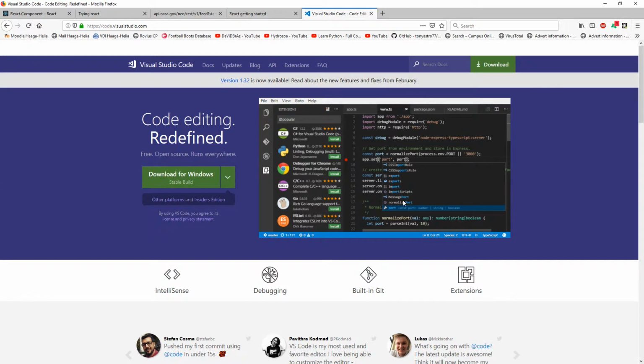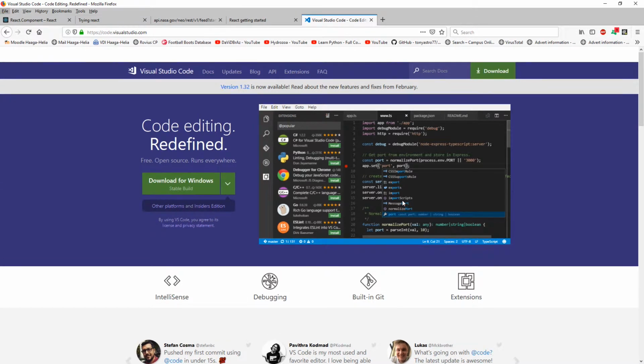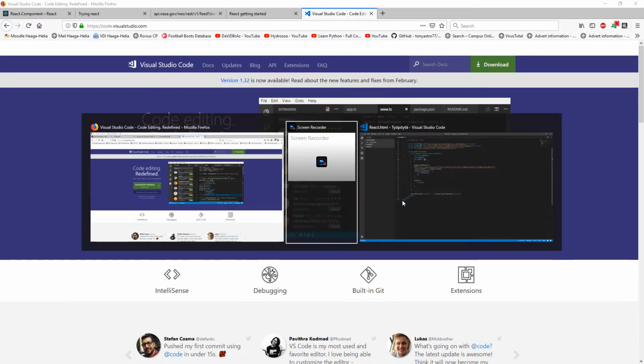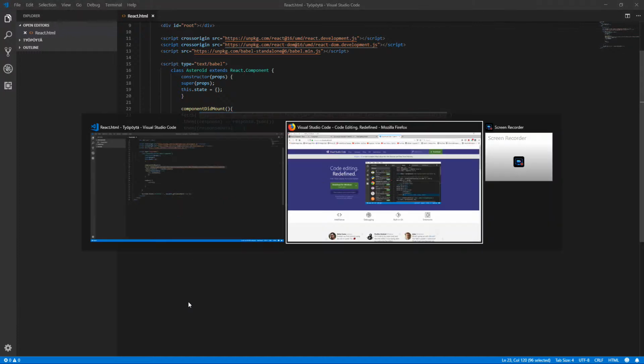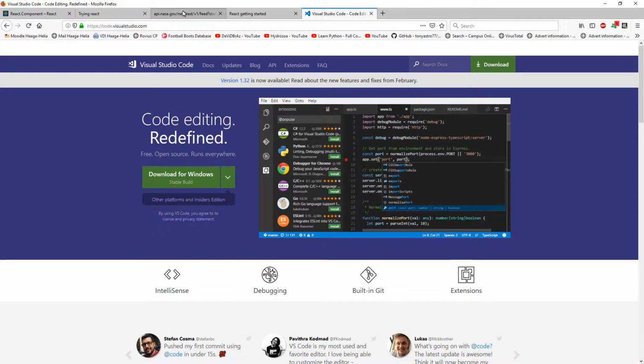Hello world, this time I'm going to use Visual Studio Code for the next exercise. So this is what it's going to look like, our predefined code. We already have the componentDidMount set, and I have the fetch. In this case, it's going to be this link that I'm showing here to you, the JSON link, that we have